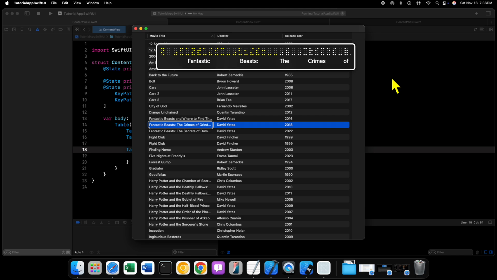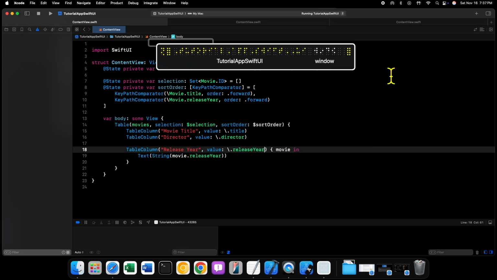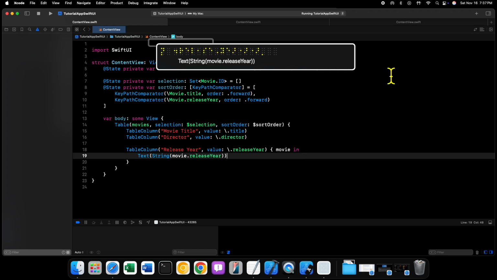So there we go. You can see now that we have our table. It works fine. We can select multiple rows. If you click on the table columns for the title and the release year, they will sort accordingly if and only if we have an onChange modifier where we manually sort our array using our sort order array that we have. So what we'll do is on our table,